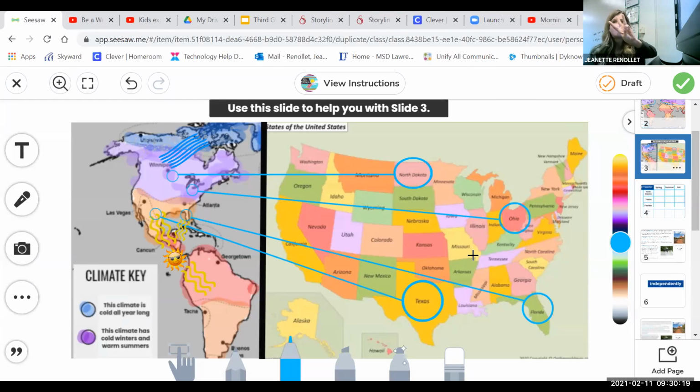Please join me and click on slide number 3. Okay, now instead of a huge world map, Mr. McKinney zoomed in a little bit. He zoomed in on part of the map. So take a look at our maps. On the left side,